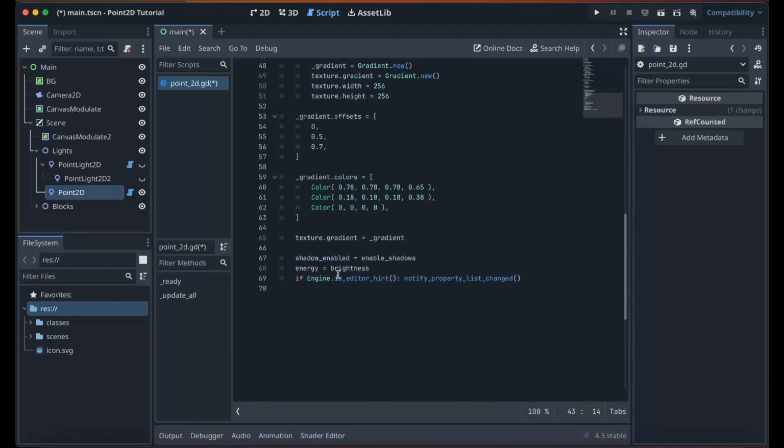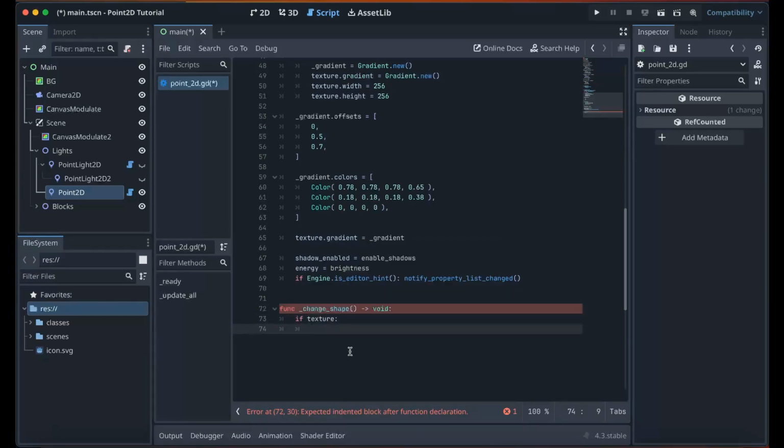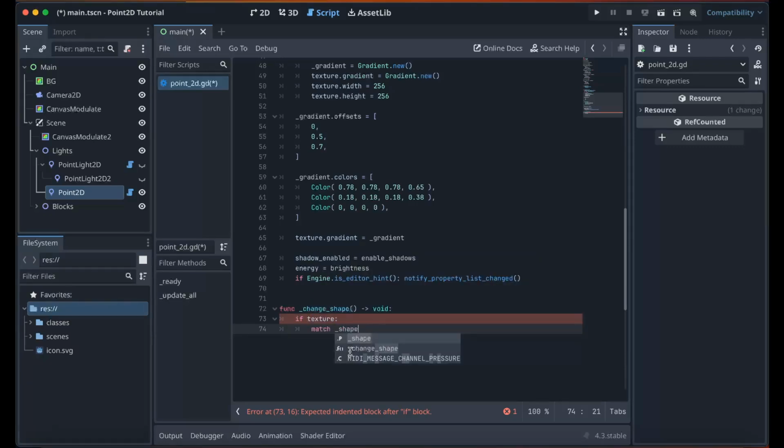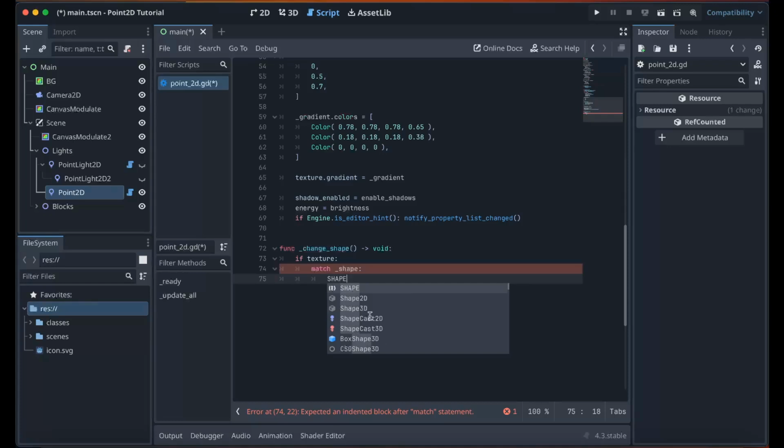We're going to add a new function, and I'm just going to put it down here. It will be func change shape. And we're going to check if texture. We're going to match shape. And we're going to check if shape dot circle